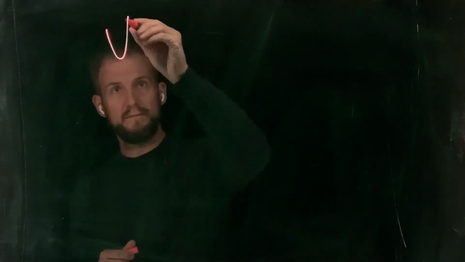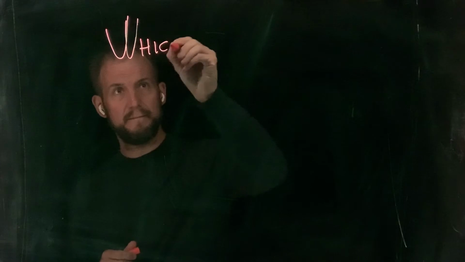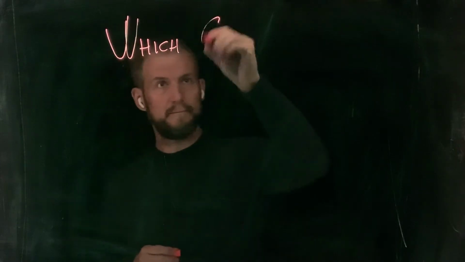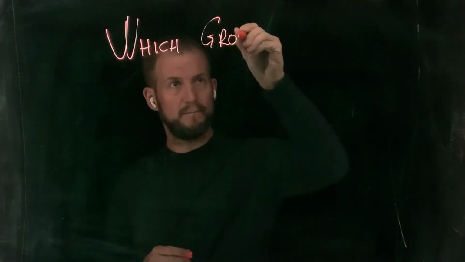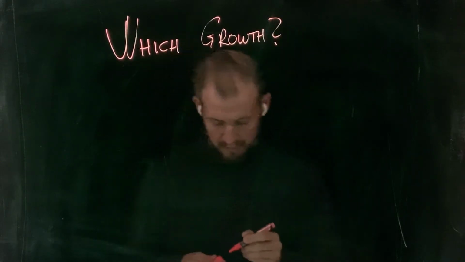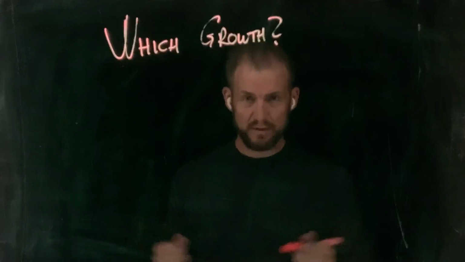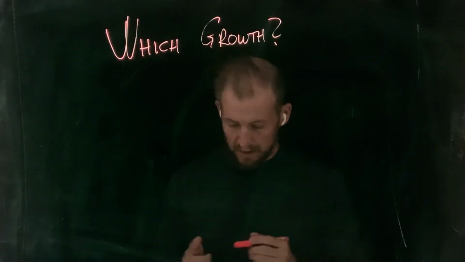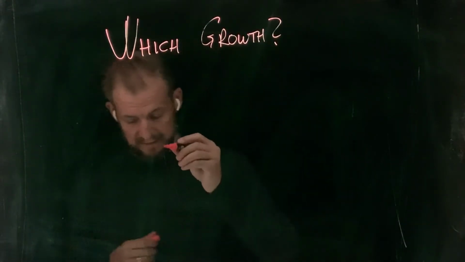So far, we've just sort of assumed that growth is something that we intuitively understand and is a number which something grows by. However, we need to sort of address this. Because the question is really, which growth are we talking about here? And we can see this in two basic ways.